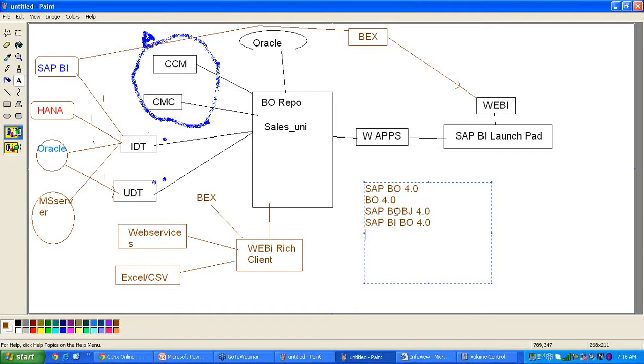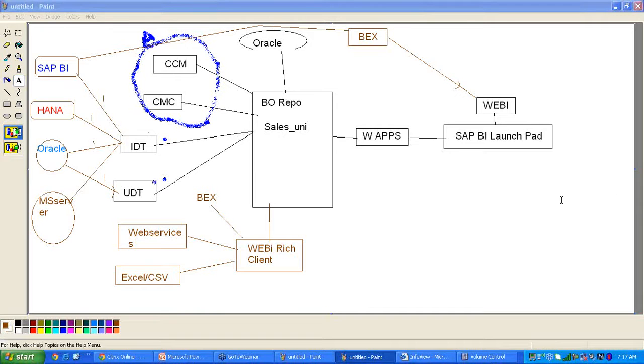Business Objects. So why do we call it BOBJ? SAP BusinessObjects, so the short form they call it is BOBJ. It's a shortcut form of Business Objects. It is the same tool. It is not a different tool or something with a separate license key or separate setup file. No, not that.